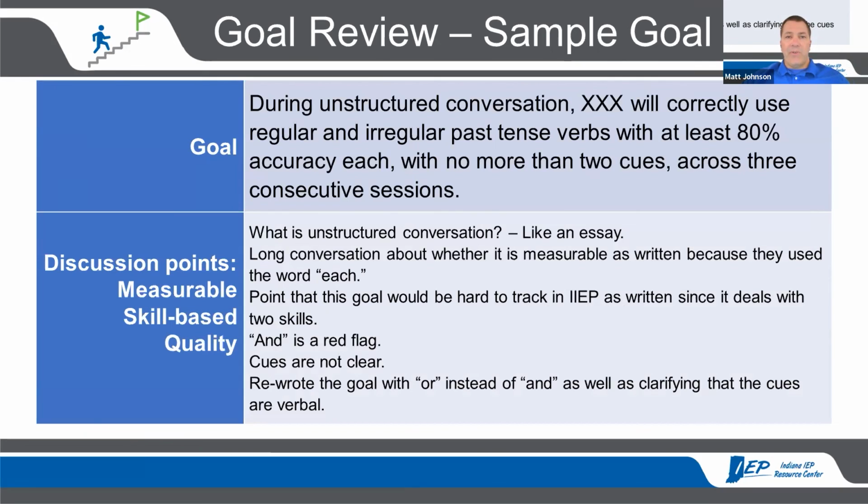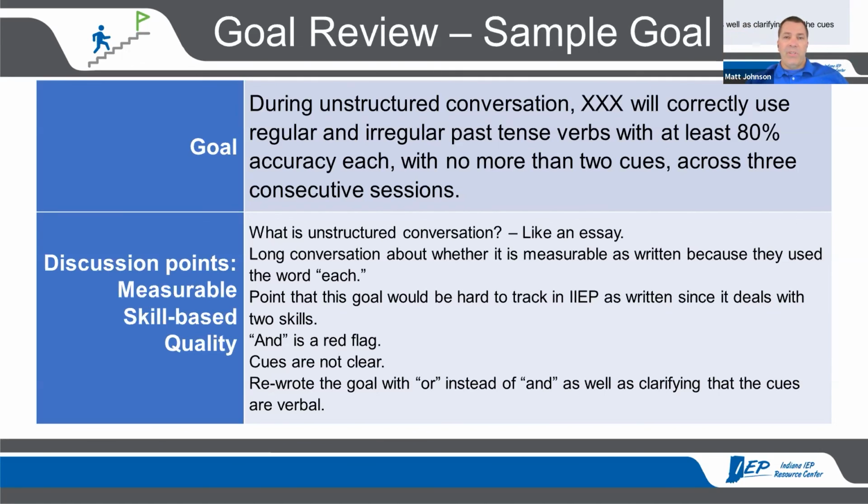One of the clues I always look for is and. If you see and in a goal, typically that's a list of things that we're trying to keep track of. When you find yourself doing that, look at the last thing in that list. Typically, we list things in order of magnitude. I don't think there's research that I know of behind that, but that's what I see a lot. So think of that last thing there. That's your end target. The student is going to have to learn items 1, 2, 3, and 4 in order to be able to do this last thing. So why don't we just focus there, knowing that I have to teach these other things in order for the student to attain this last piece.